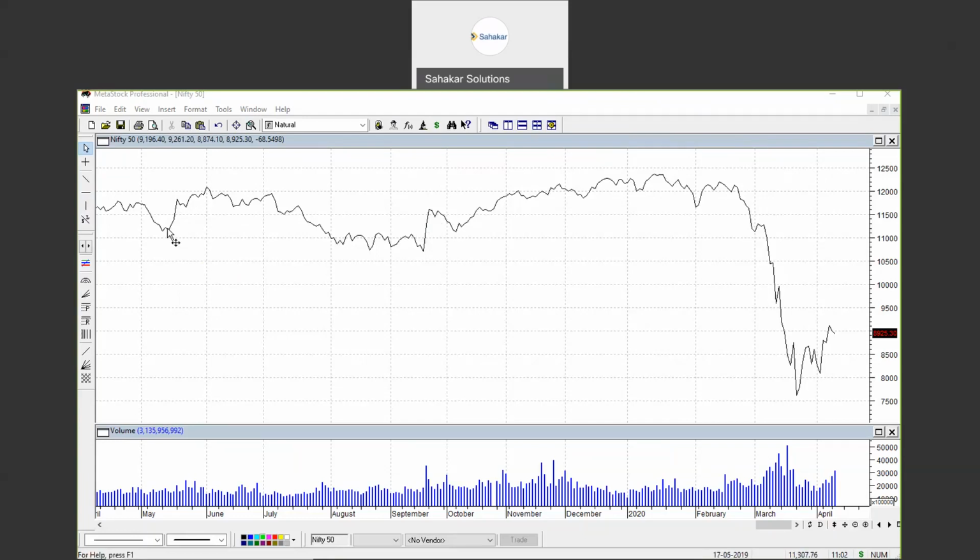You would see that the price never moves in a linear fashion. It goes up for some days, comes down for some days, and again goes up and comes down, and so on and so forth. Price never behaves in a linear fashion. So it is called a line chart or close-only chart. This is very important because close is the last trading price at the end of the trading session.